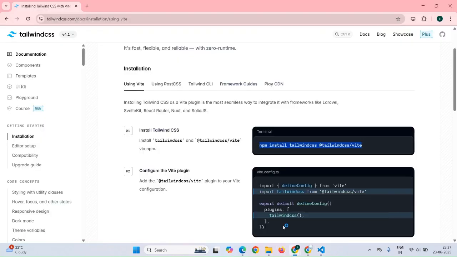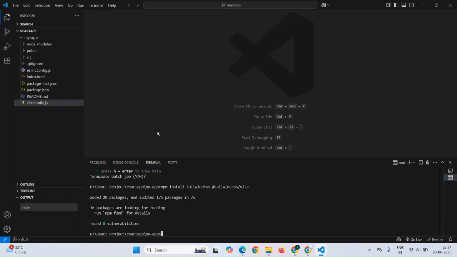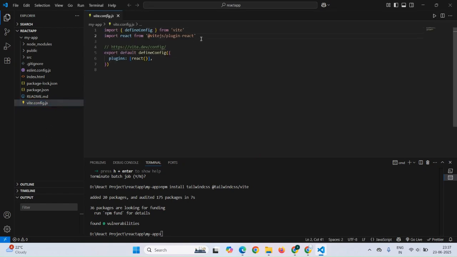Next step is what? Next we need to go to our Vite config file, and whatever is here, this we need to copy and add in our Vite config file. Okay, so we'll go in that file. Here you will see guys, vite.config.js. Here only we need to add that. Okay, so I'm adding here. Then